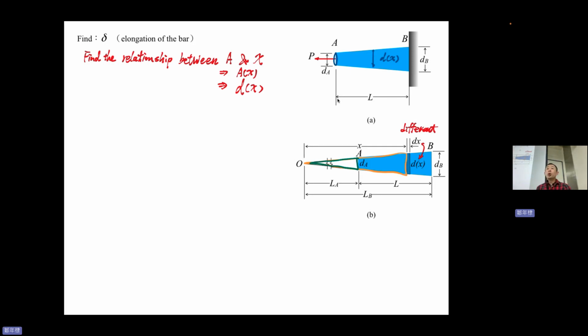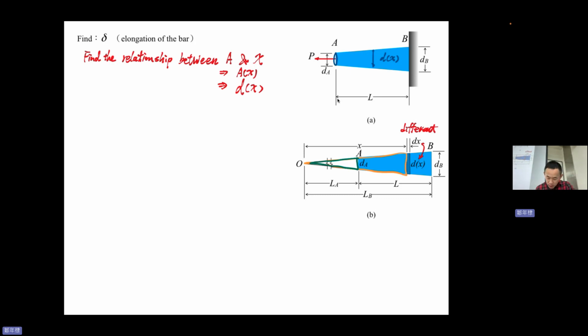Okay, two similar triangles. If we extend from A to point O, the O is the focus of the